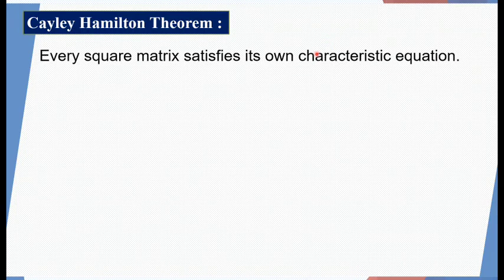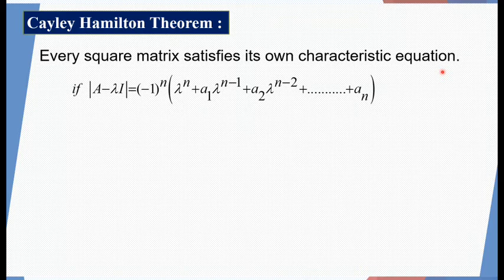So, according to this theorem, every square matrix satisfies its own characteristic equation. It means when we form a characteristic equation of a square matrix and put the matrix in place of lambda, then the equation so obtained, that is the left hand side, should be equal to the right hand side. Means if determinant of A minus lambda I, suppose it is in the form minus 1